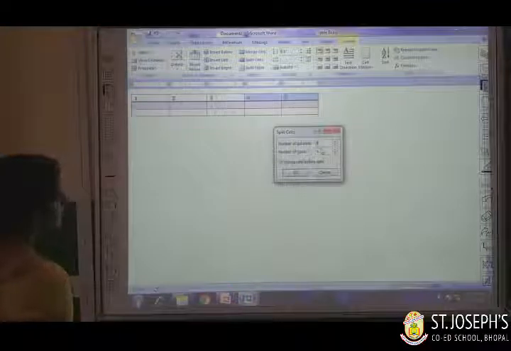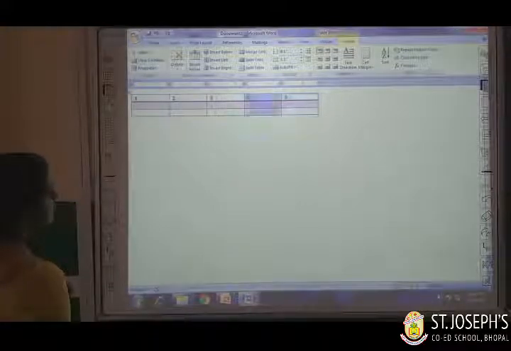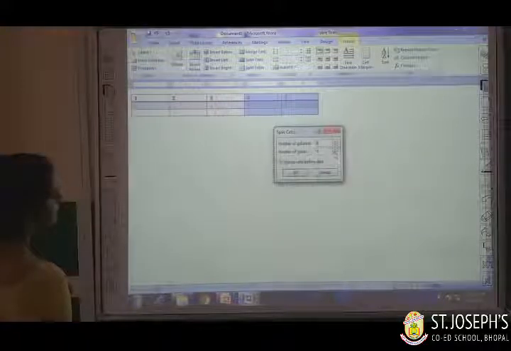Number of columns, that is 2 columns, down arrow, spin box. 2 columns, 1 row. Select it. Split cells. One row. Okay, 3, 2.